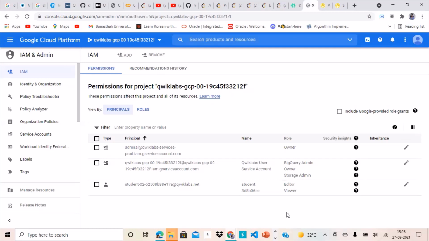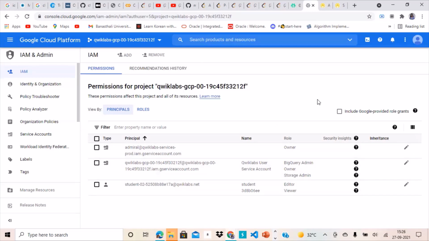If you have the role of an owner, then all the editor and viewer permissions are provided to you. Plus you can manage roles, like you can provide different roles to different users, for a project and all the resources within the project. So you can set up billing for a project. You can provide roles to different users if you are the owner. We are the editor and the viewer, so we can edit different resources, modify them, or view them. These two roles have been provided to you in this temporary project.